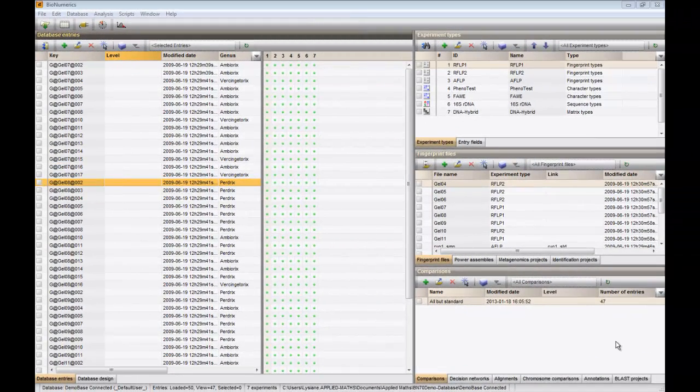In this video, we will show how to edit a multiple alignment. Since obtaining a multiple alignment is explained in another video, I will create an alignment first without going into detail for that part of the demo. I select all the entries in my database with the Ctrl-A button.